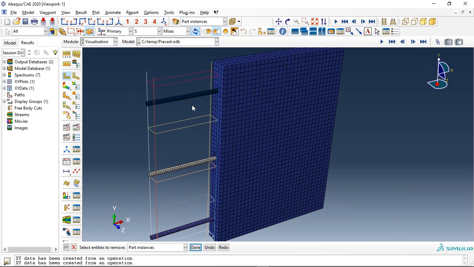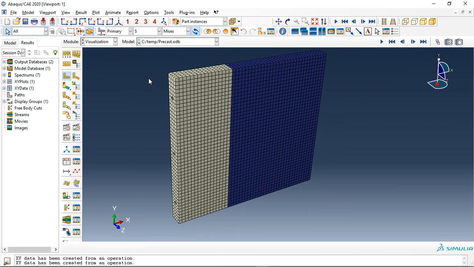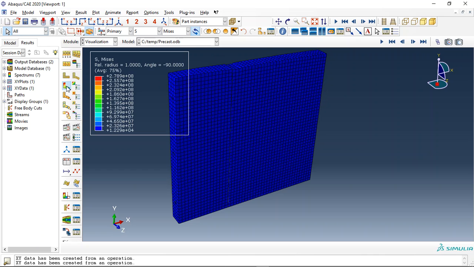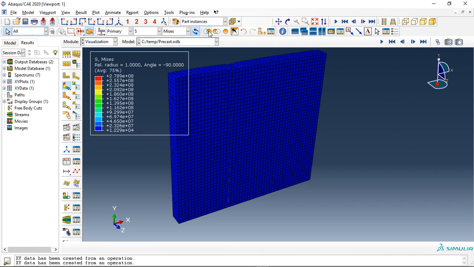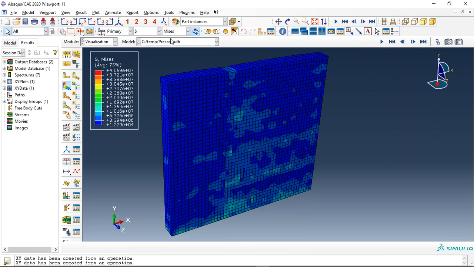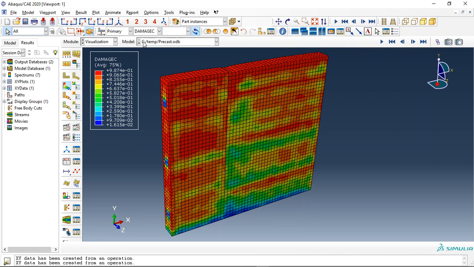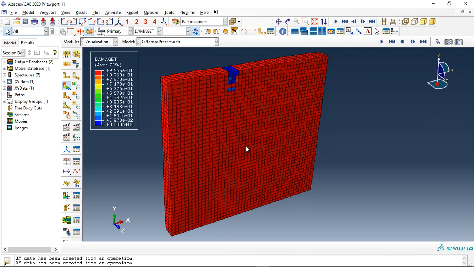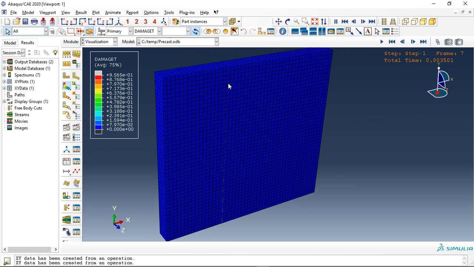See these three steel bars, and we apply a monolithic load on the top surface here of the wall. If I click on this and let me replace just to concrete, see this is the deformation, and let me check for instance the compressive damage, tension damage. It is fully damaged. See here the damage